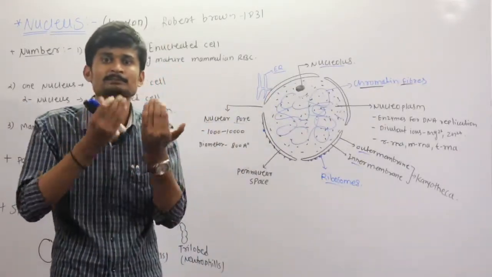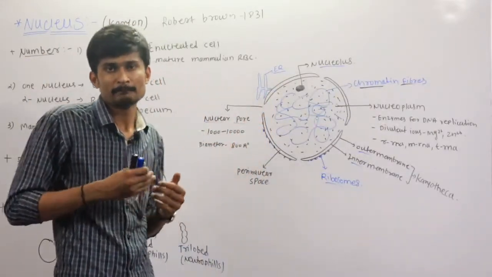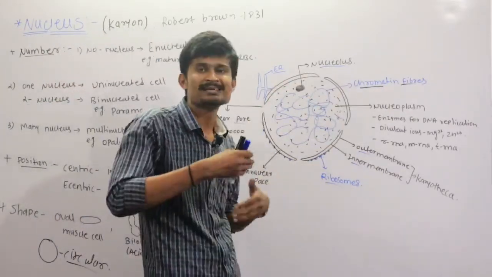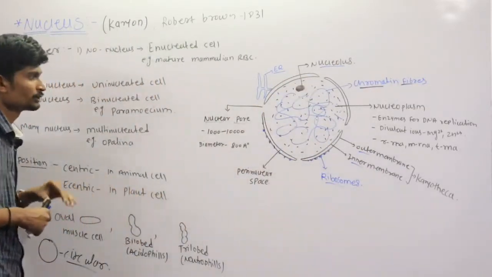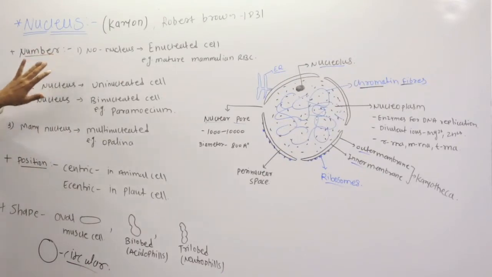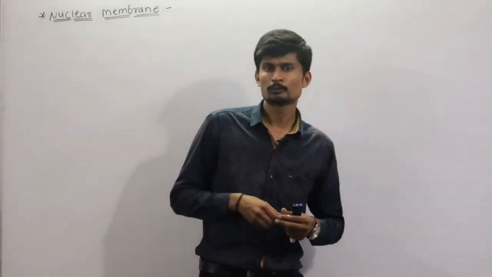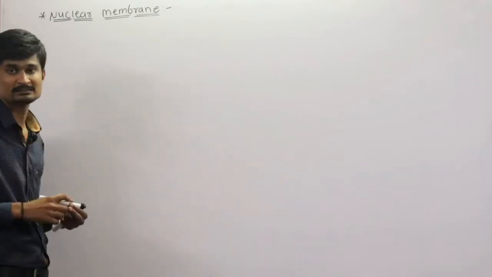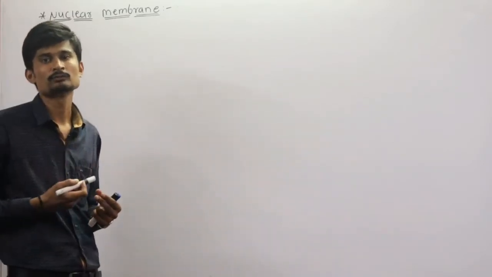Genetic material is present inside the nucleus of the cell, and there is a nucleolus which is mainly made up of ribosomes, and its function is production of ribosomes. We will discuss the nucleolus in the next lecture. So this is the basic structure of the nucleus. Now the structure of the nuclear membrane and nuclear pore. In the last lecture we have seen that the nucleus has two membranes, outer membrane and inner membrane, which are collectively called karyotheca.